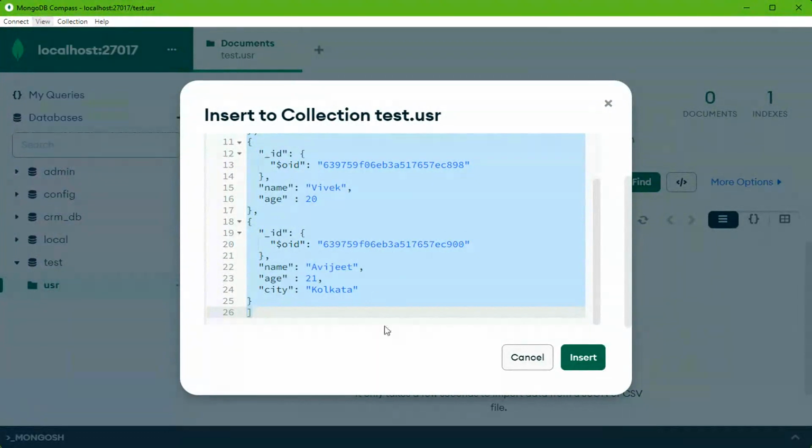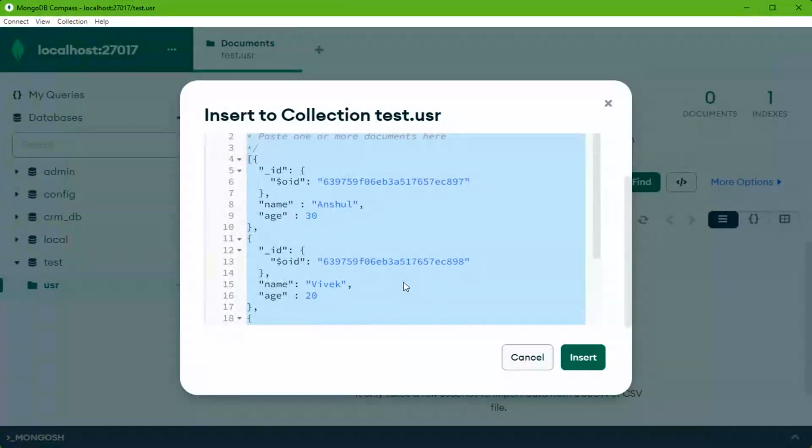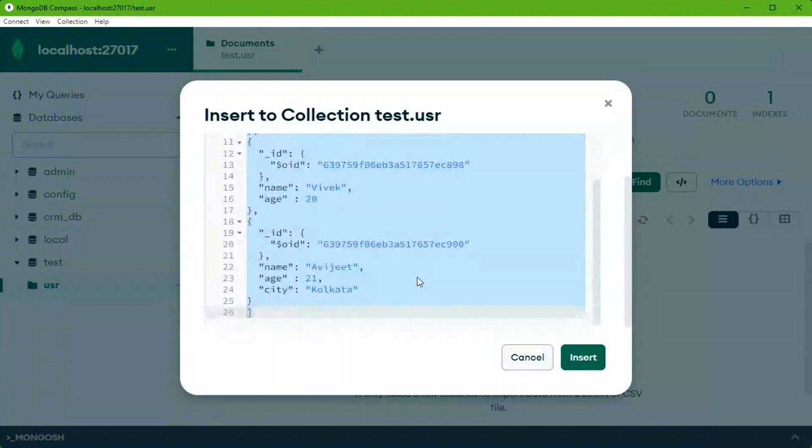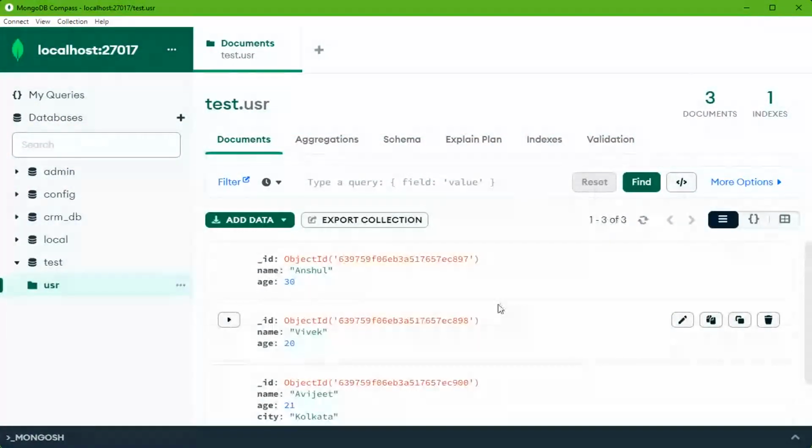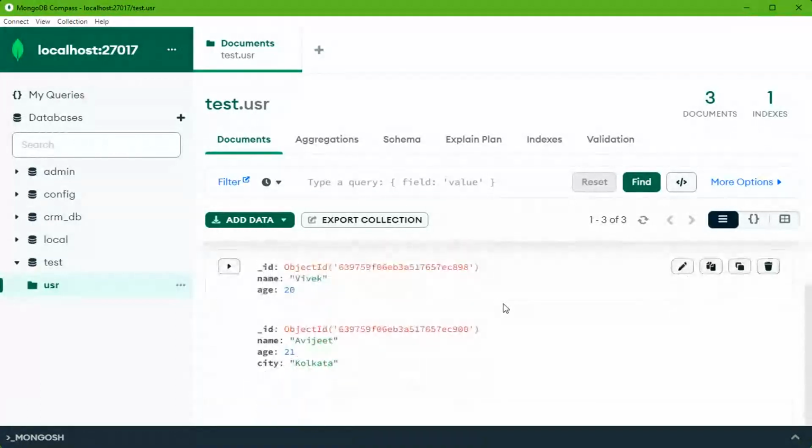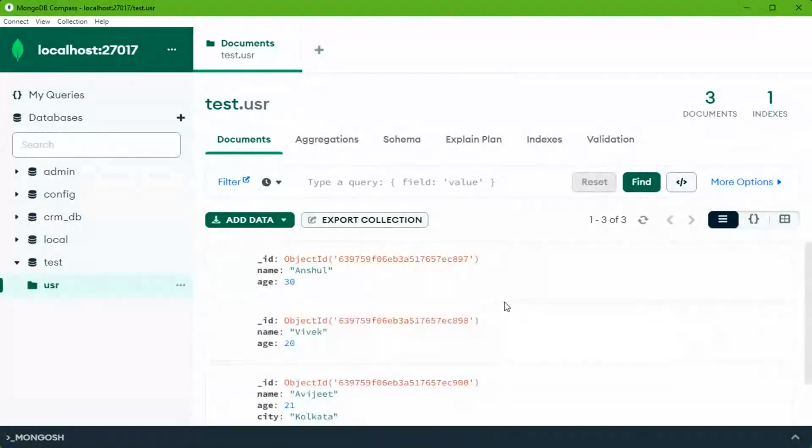Okay, Lelanjan. Once I have this document with me, I hope you also have this document. You can click on insert, and now you have three values in your data set, in your collection. These are the three documents that you have.